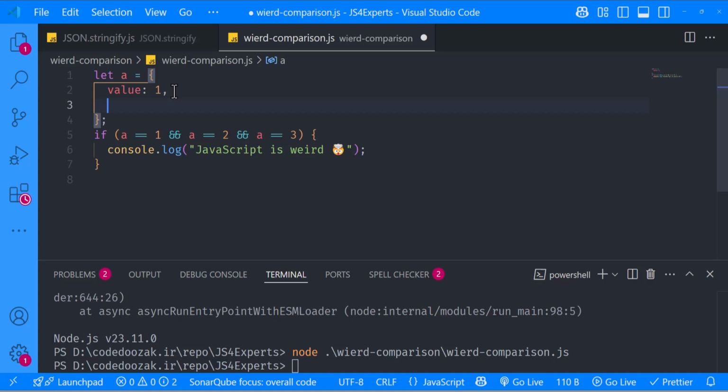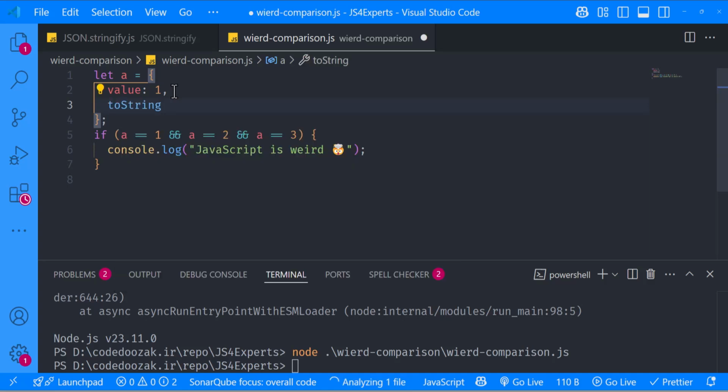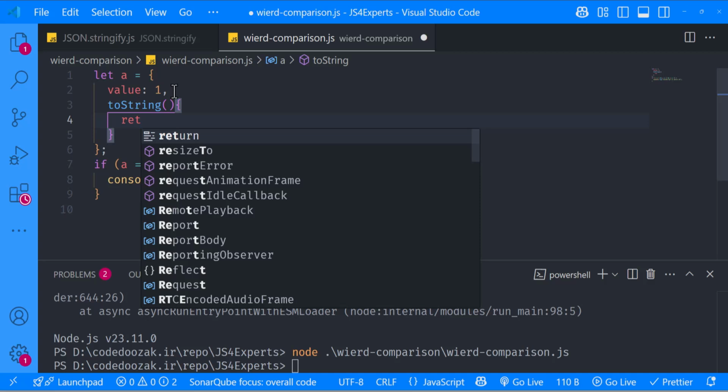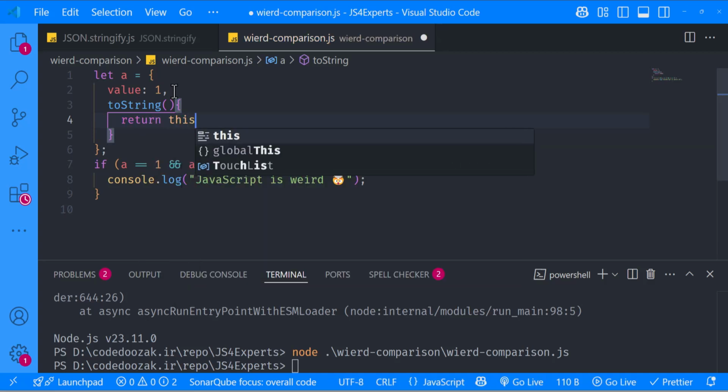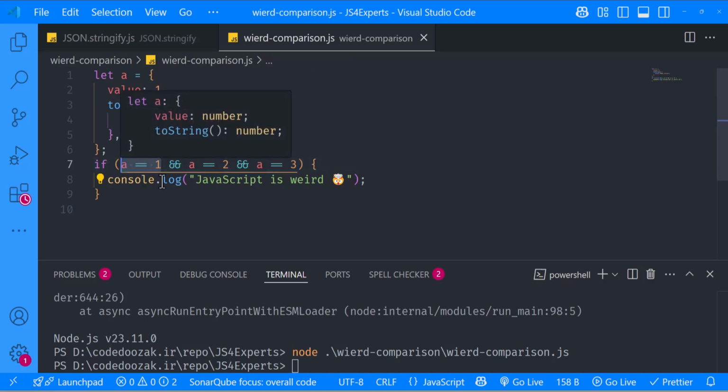If we add just one line of code to toString, a function which returns this.value++, each time it returns the value of a and adds one to it.